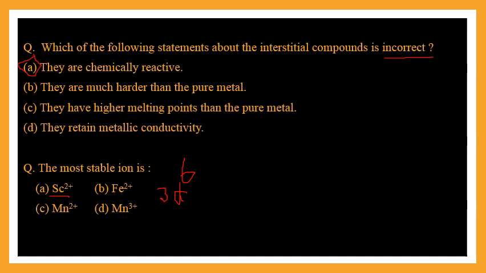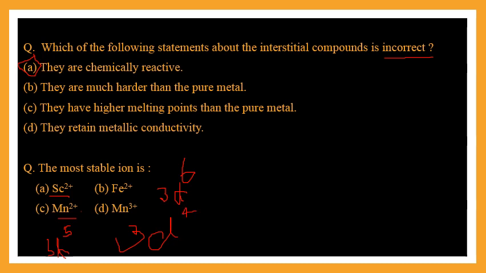Now come to Mn2+. As we know, manganese as a metal has the outermost electronic configuration 3d5 4s2. As 2 electrons get removed, the electronic configuration becomes 3d5. All the 5 electrons in the orbitals of the d subshell are unpaired because it has the configuration 3d5. Now come to Mn3+. For Mn3+, 3 electrons will get removed, so the electronic configuration will be 3d4 now.